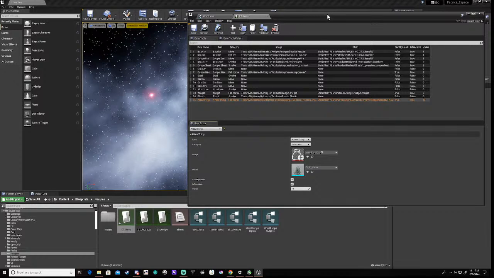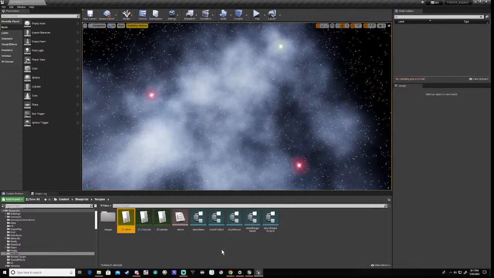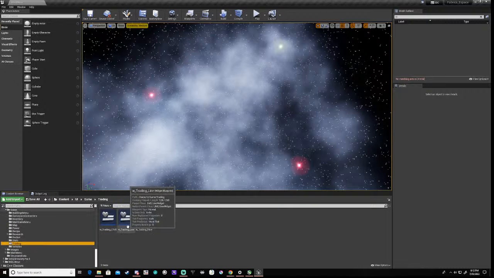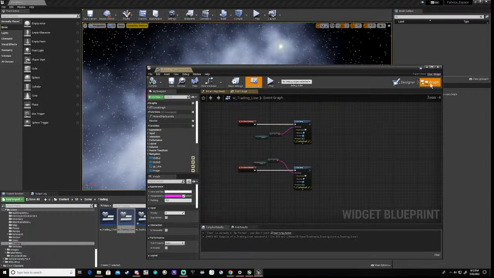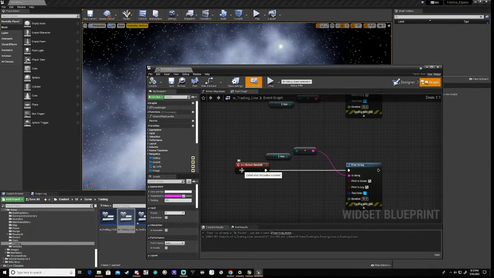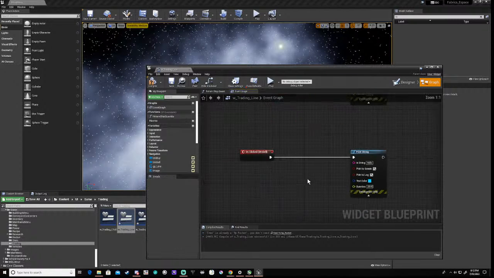So now that we've got some values there, what we can do is save that, and then we can go back into, I don't know why I closed them down actually, to be fair. We can go back into trading and go back into trading line, right? And then we'll go into our graph, and if they click button sell, okay,